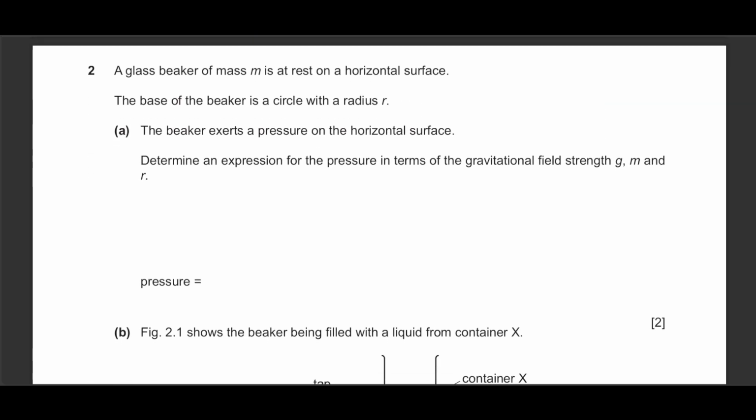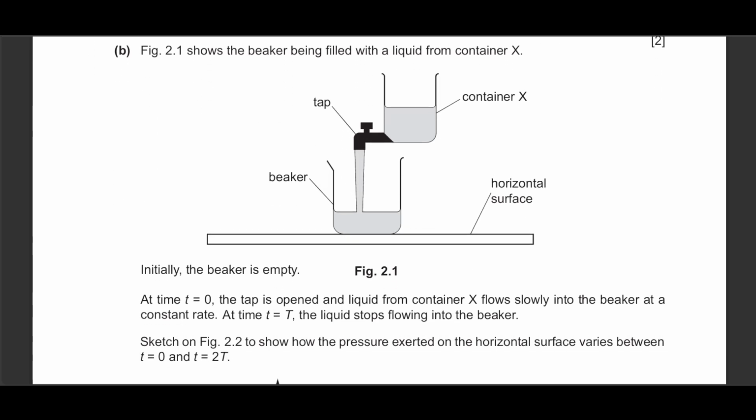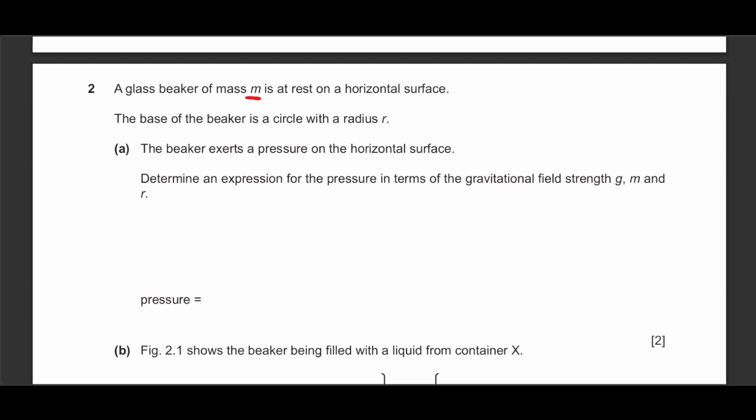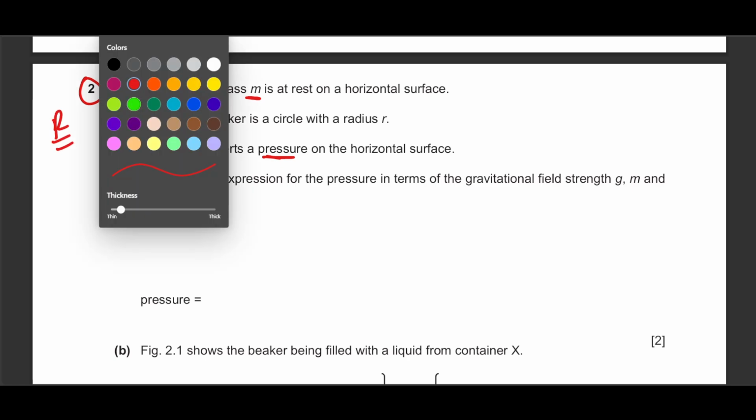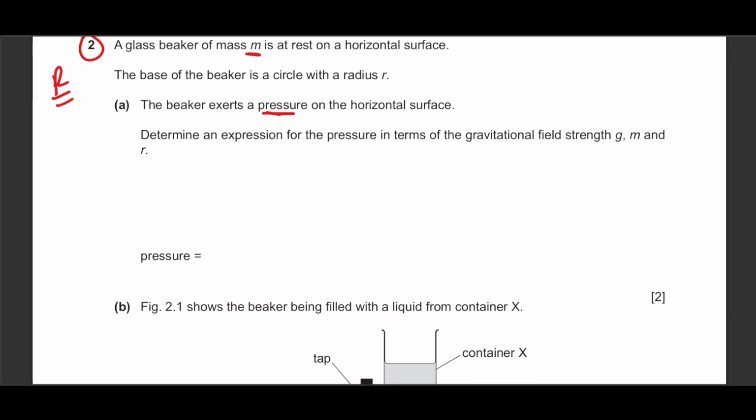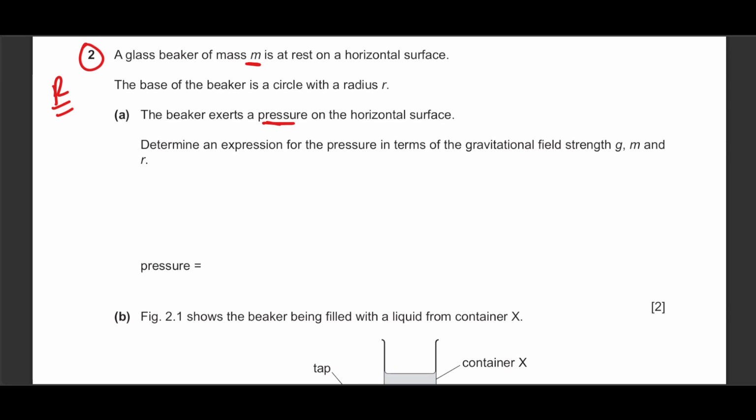Question number 2. A glass beaker of mass m rests on the horizontal surface as shown in the image. It says the beaker exerts a pressure on the horizontal surface. This is a repeated part, but it's explained in the book. You might not find this in the past papers, but one of the examples was in the book. So he said the radius is R. Determine the expression in terms of the gravitational field strength, m, g, and R